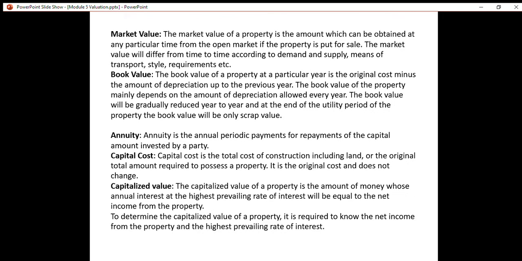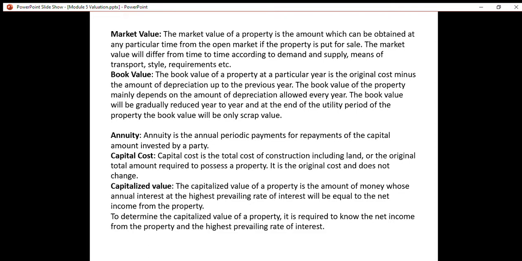Example for salvage value, say Maruti Omni car used for transporting school children may be sold at the end of its useful life. The purchaser may use the same Maruti vehicle for transporting groceries or as a footpath side canteen. The sale price of Maruti Omni here is a salvage value.